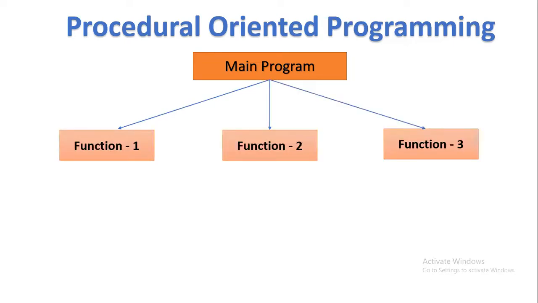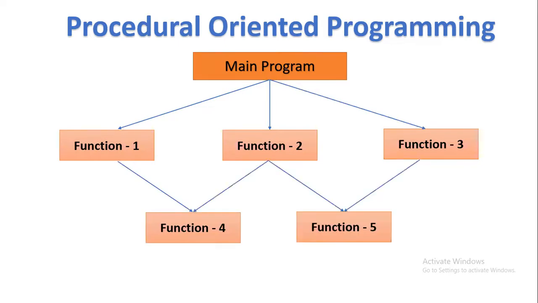In procedural oriented programming, the main focus is on implementing a number of functions for solving the given problem. They never bother about the data, but data is a very crucial and important component nowadays. In procedural oriented programming, they give less importance to the data and high priority to implementing functions. Nothing but they always concentrate on code instead of data. That is the main problem with procedural oriented programming.